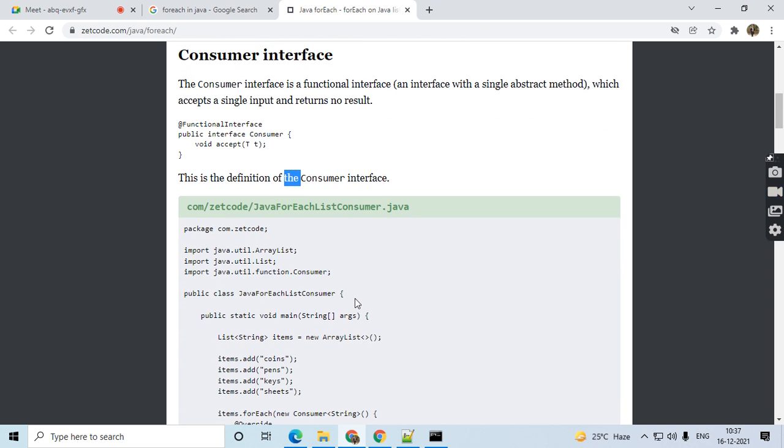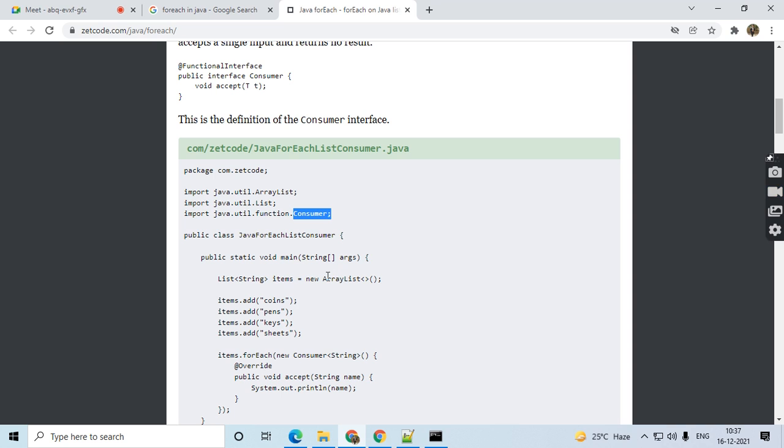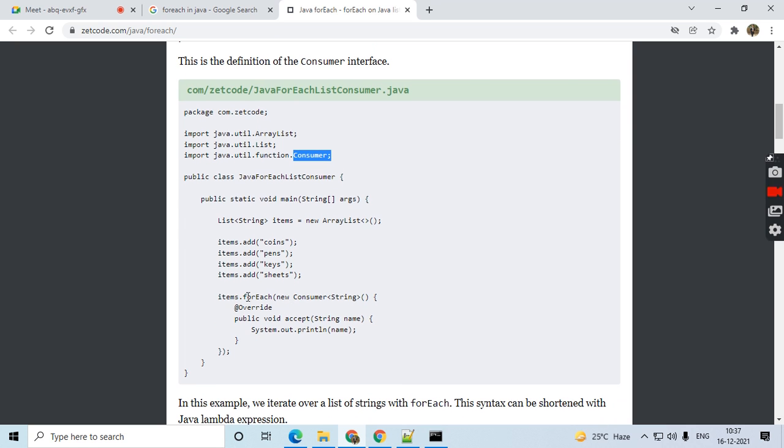After defining the consumer interface, we can implement it in our current program by using this functional interface. The name of the interface is consumer. We are trying to implement that in our program by using java.util.function.Consumer. One list is created, a collection of items. There are different items referred to in it. Now we are using items.forEach.